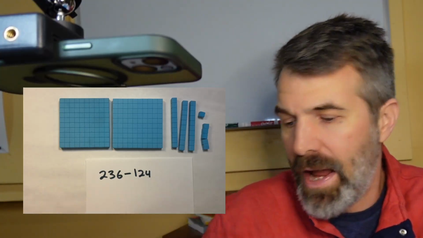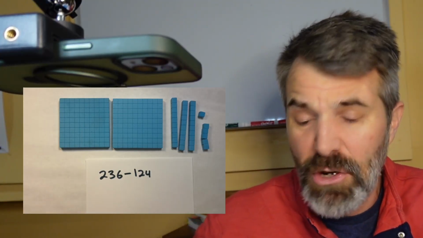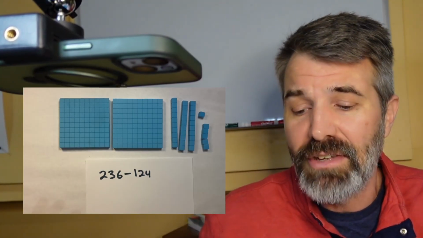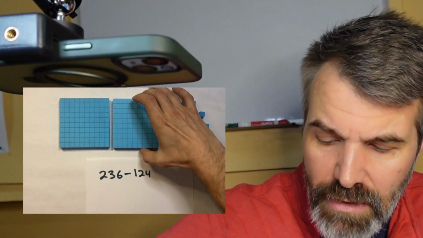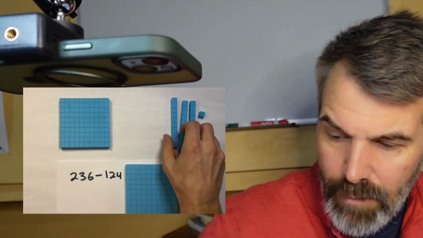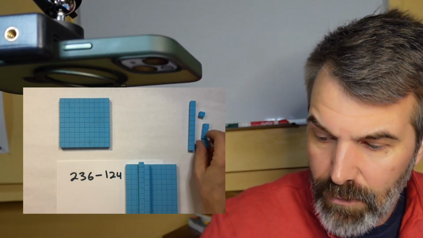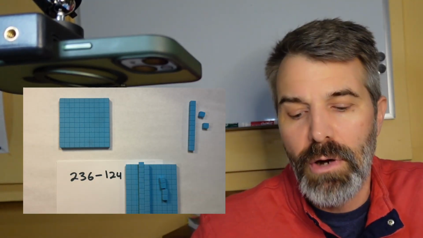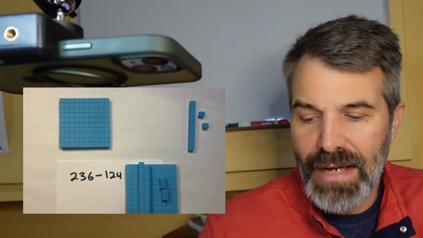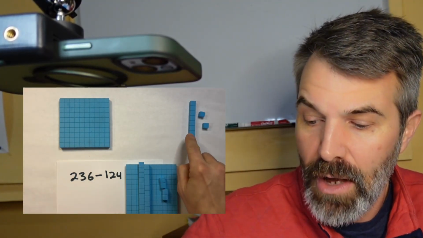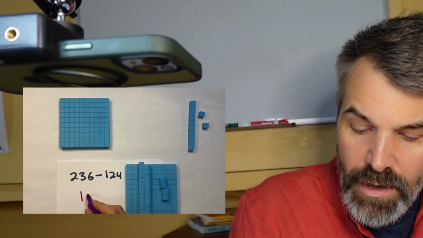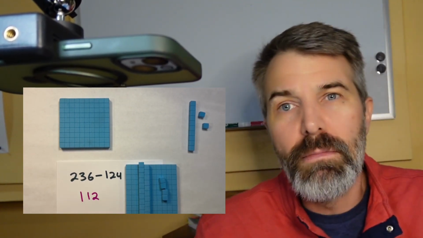Have them pull it into their hand or under a paper plate so we can see it. I still want to see that 124. I don't want to just drop it into a bucket with all the other tiles because I want to see how it still exists. But I'm literally taking 100, and then I'm literally taking 20, and then I'm literally taking 4, so I can see that I have removed the 124 from the 236, and I can see that I have 100 and 10 and 2 ones, so I can see that this ends up being 112 by removing,